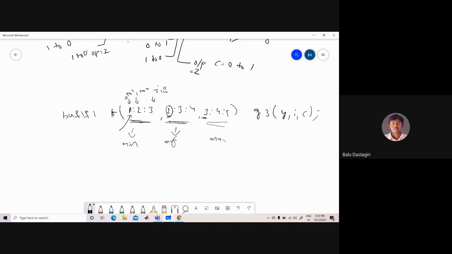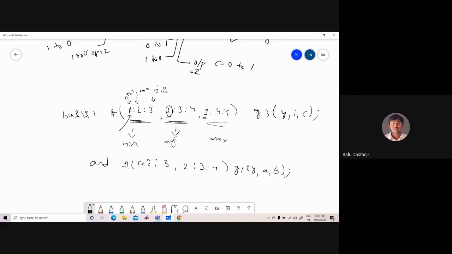Now, for example, if you take an AND gate here, and #(1:2:3, 2:3:4) G1 (Y, A, B). What is the meaning of these? A and B are the inputs and Y is the output.